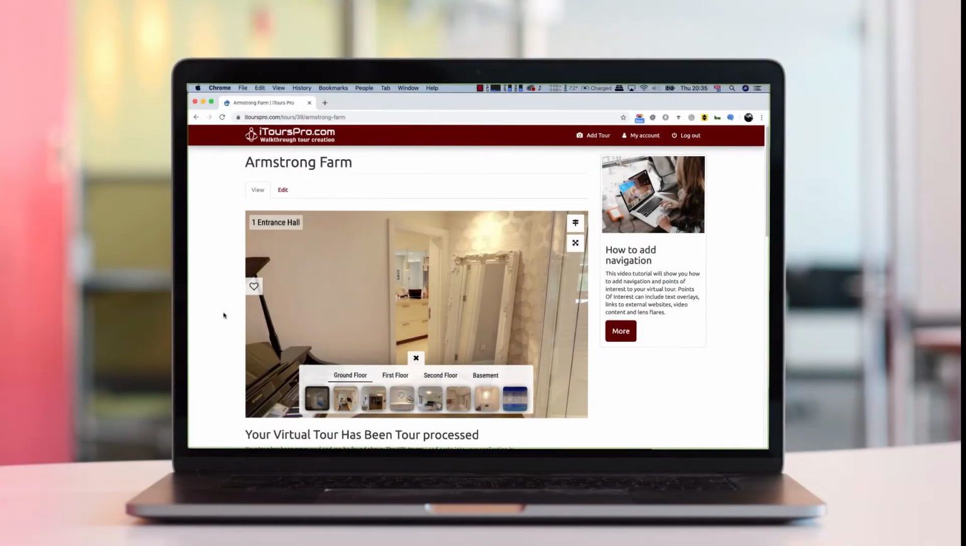In this tutorial, what we're going to do is add navigation between rooms. At the moment, we've got navigation between floors using the thumbnail navigator at the bottom, but what we're going to do is add arrows, which, when you click on them, go from room to room. So first of all, what we need to do is go back into